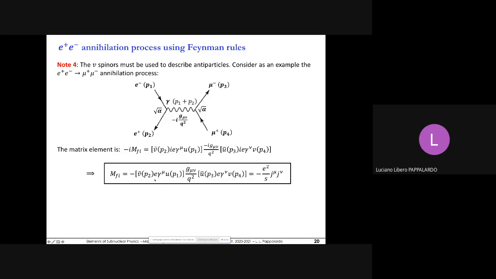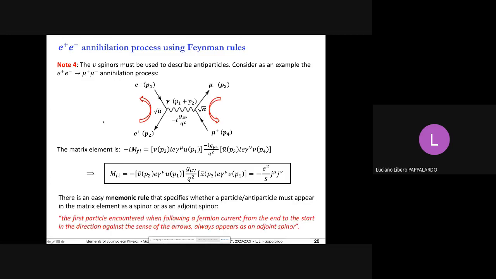That's it. And then you can divide by -i and you obtain your matrix element either in the full expression or in the compact way as the scalar product of the two currents. Now, you might wonder, how can I decide whether the adjoint spinor must be the antiparticle or the particle? Why don't we have here ū(p1) and here v(p2), right? So there is a mnemonic rule, okay,